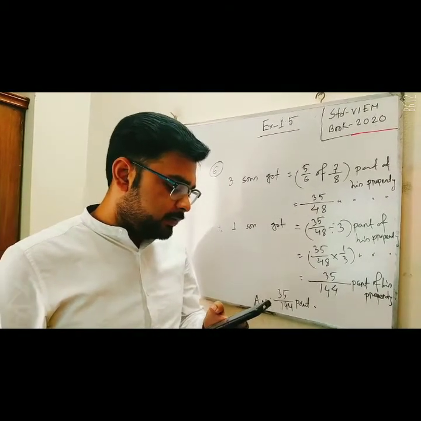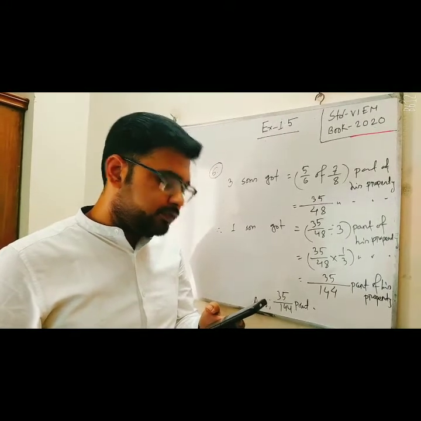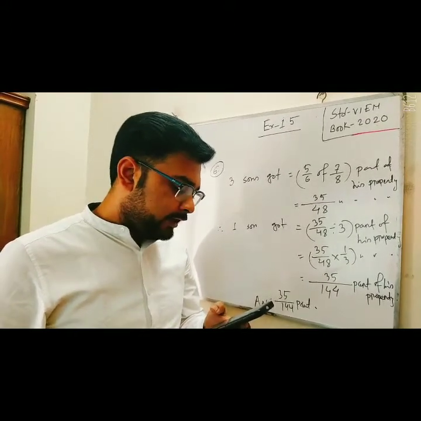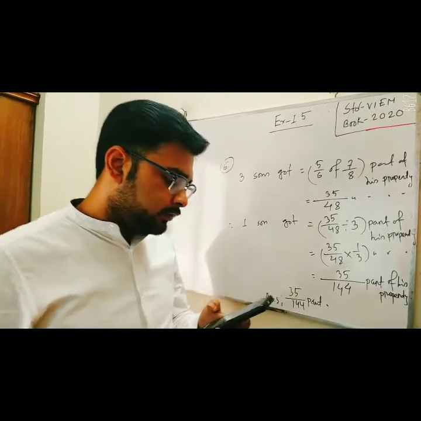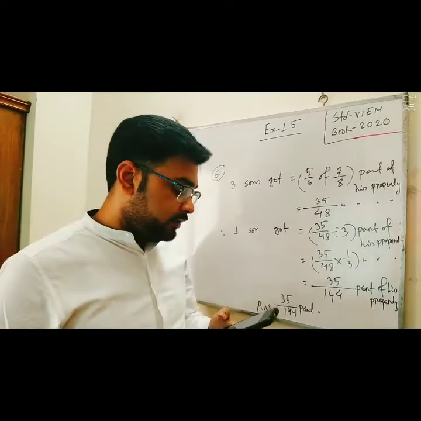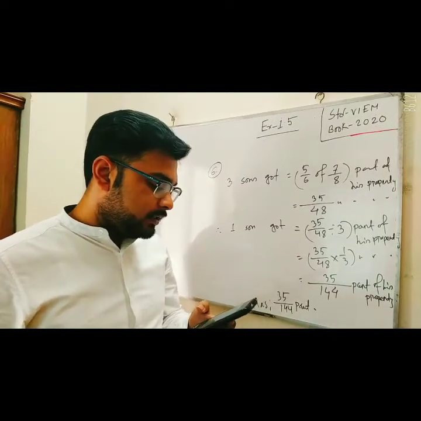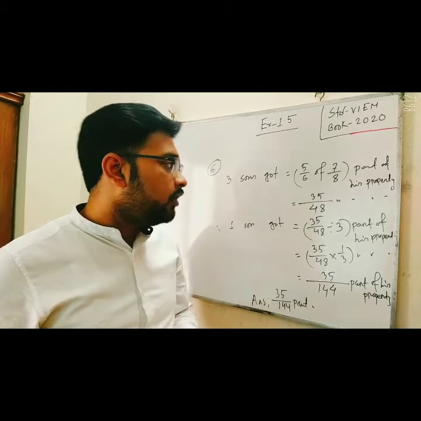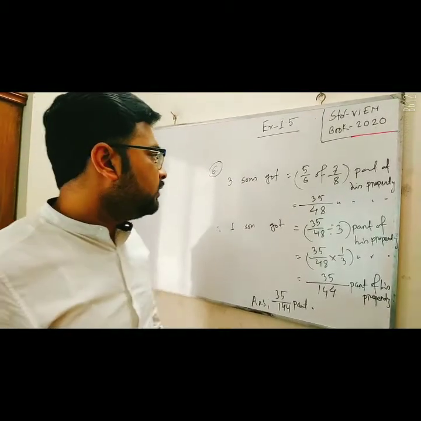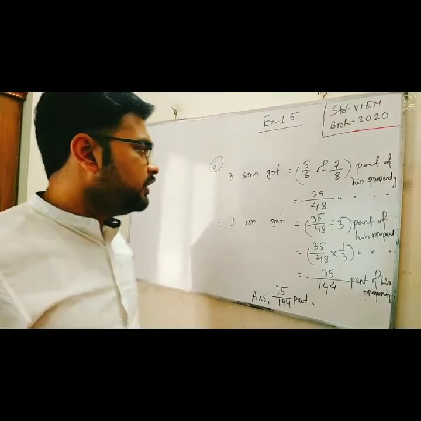He gave 5 by 6 part of his property to his 3 children equally. Find out the amount of property of each of his children. That means Mr. Jamal is the owner of 7 by 8 part of his father's property, and he gave to his three sons